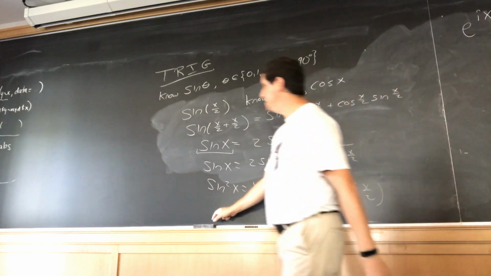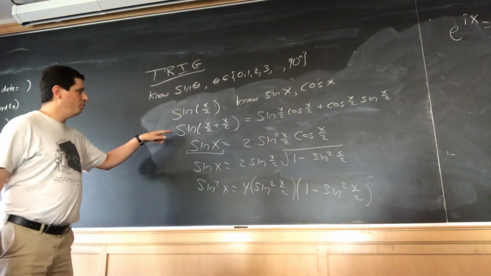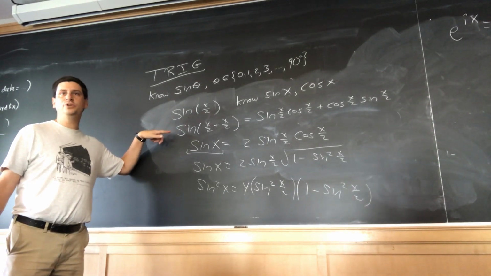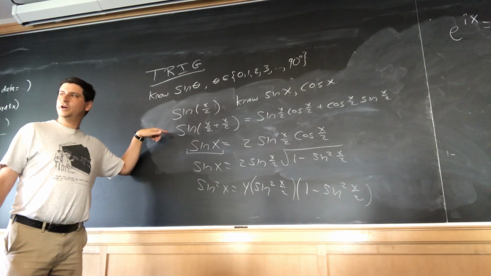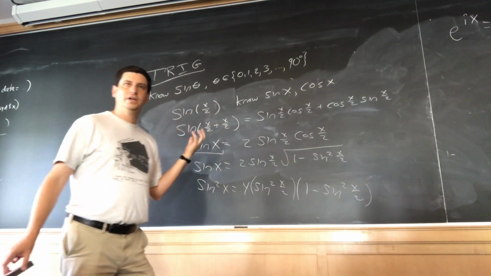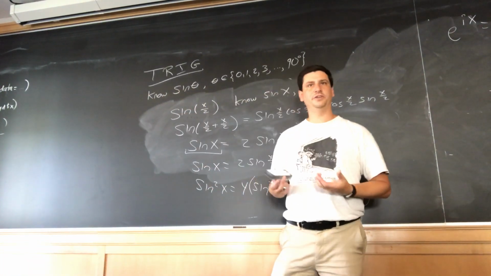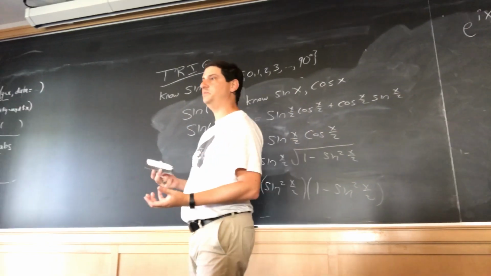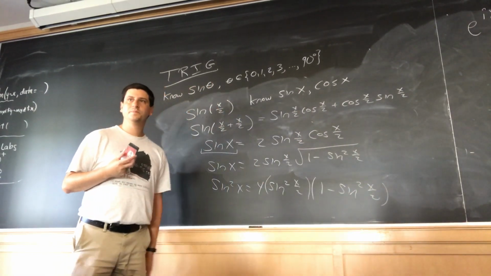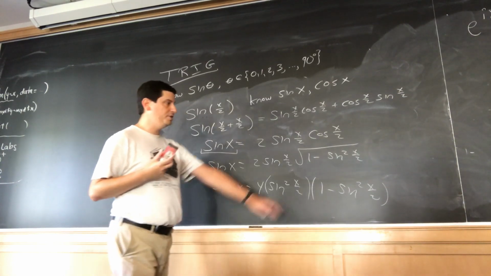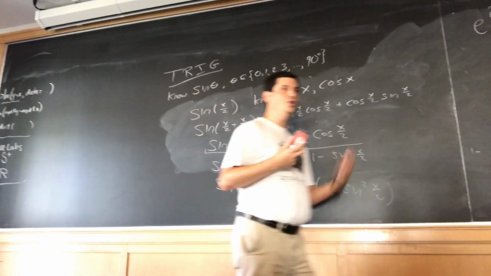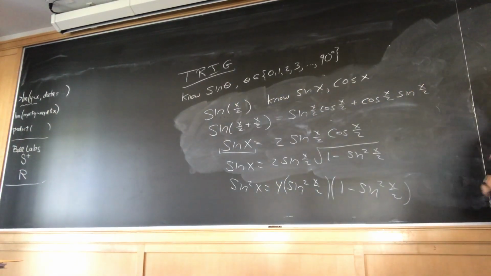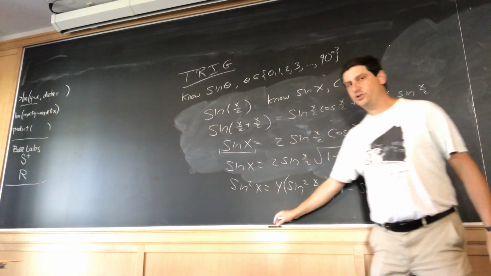The other way to do the problem is, instead of trying to use a formula for the sine of x halves plus x halves, what else could we use? What other formula could we try? If I want to calculate sine of x halves, instead of calculating sine of x halves, what else could I calculate? And if I know that, I can get sine of x halves immediately. It's similar to something we did in here. Instead of calculating the sine of x halves,